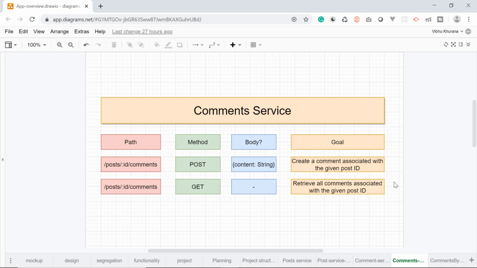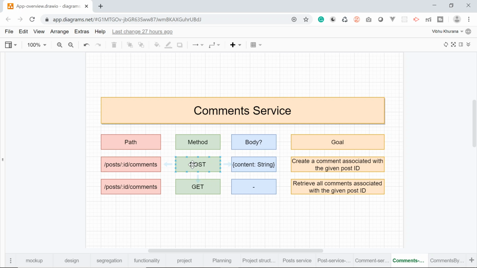Just like post service, I am going to create single route for get and post method to keep things simple. The goal of get method is to retrieve all the comments associated with the given post ID. And in the post method, we can create comments for a post ID.